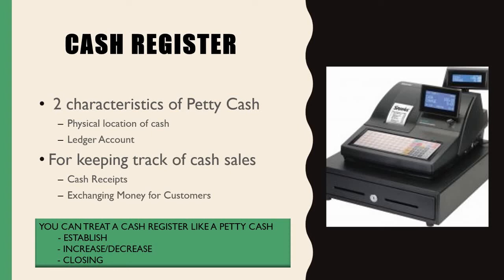Okay? So, again, a cash register is very similar in context to what a petty cash drawer does. You have the two features, right? A lockbox and a ledger account. In this case, it has the same features. It's going to be something that has a lock on it to secure the cash in there, and it spits out receipts. So in this idea, it's very similar in context of how we would reimburse it,